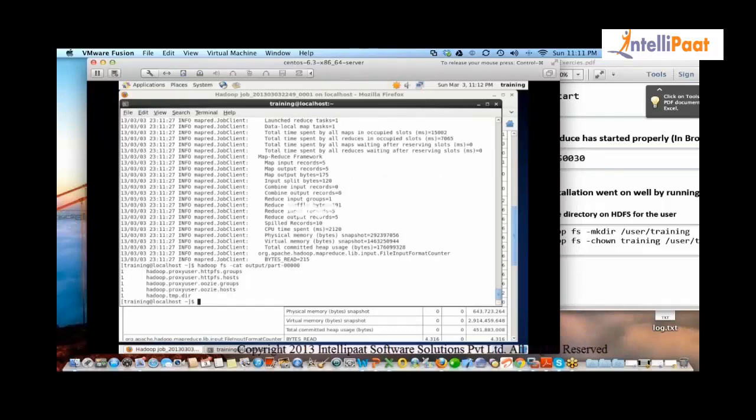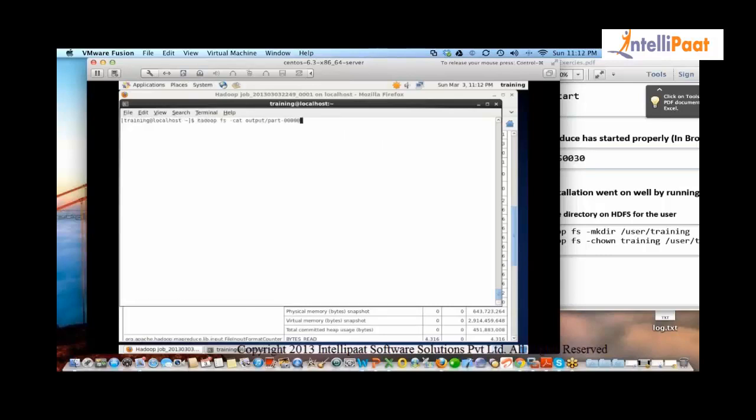Every time we have to specify a new directory, yes, you'll have to make sure that it's always a new directory. I could run exactly the same program without deleting the output directory by saying output_1, or I can decide the name of the directory at runtime in Java.